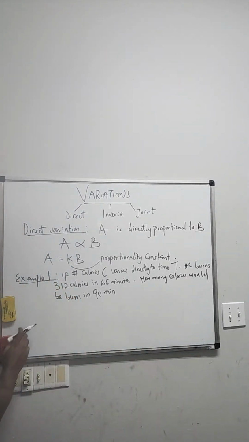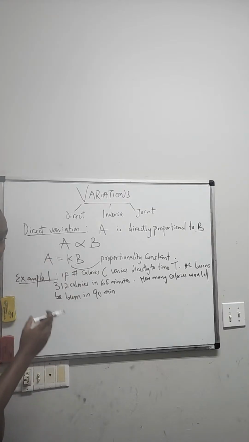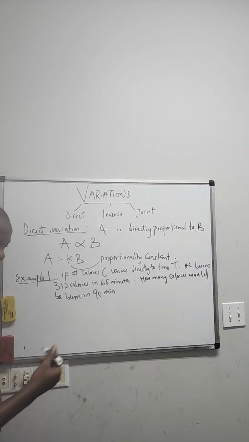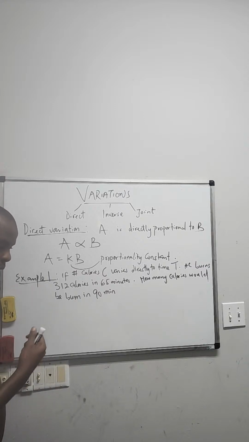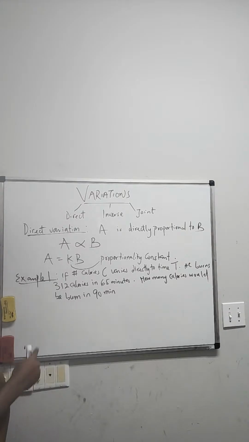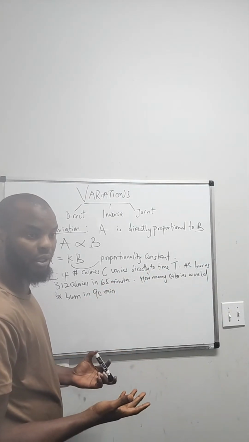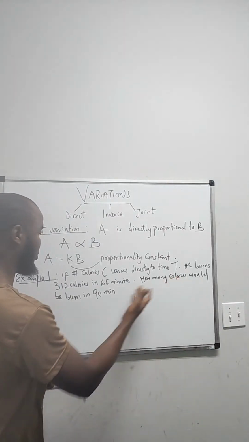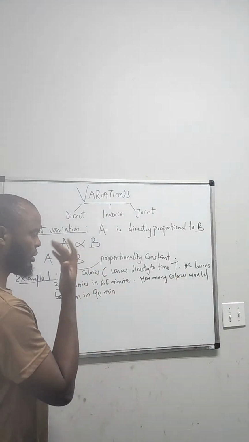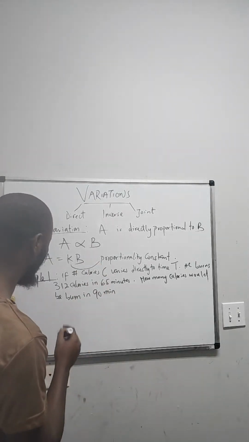You're going to be given the quantity for A and the quantity for B. And the second question, the main question, is going to be: what is the other quantity given this quantity? So the first thing you have to do is get the constant. Sometimes when you are given this information, you might just be asked, what is the proportionality constant? In fact, you might not be asked to get anything else. The question is just going to be, what is the proportionality constant? Now, to do this,